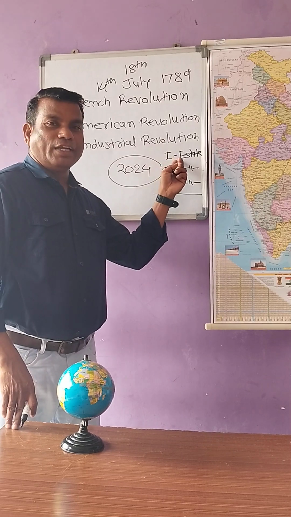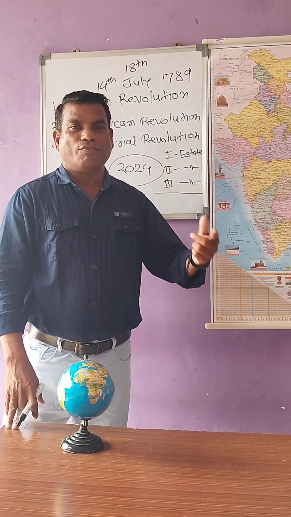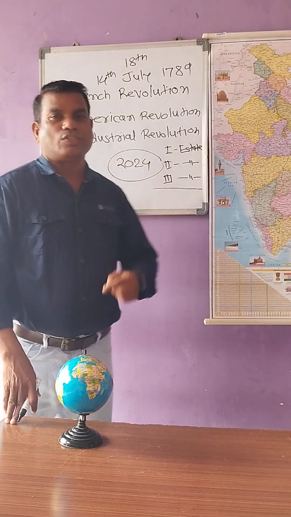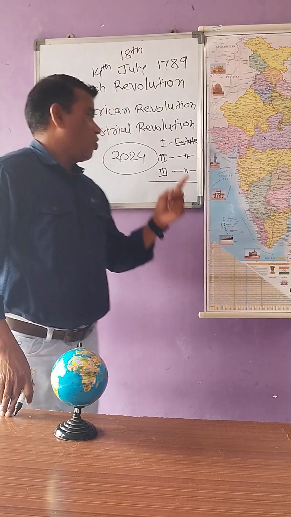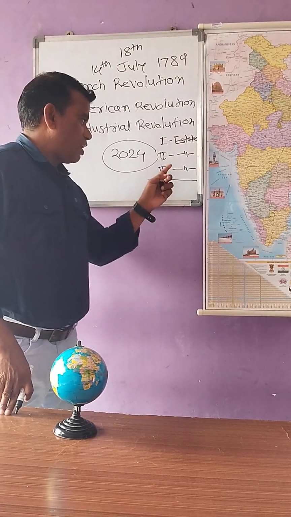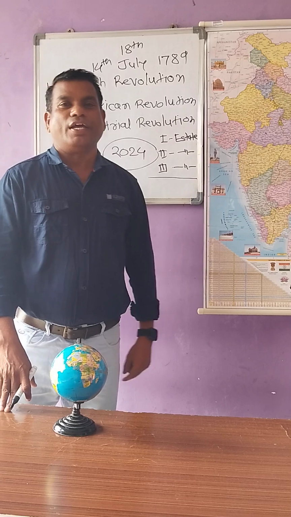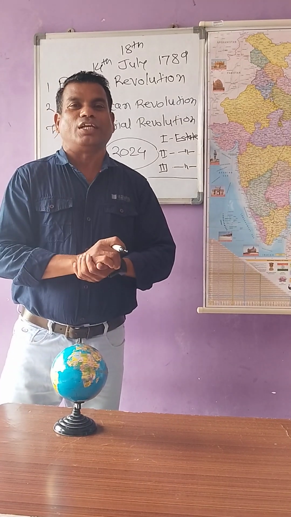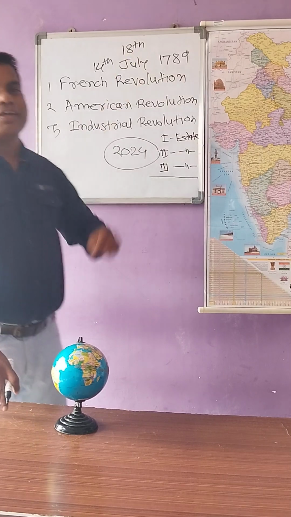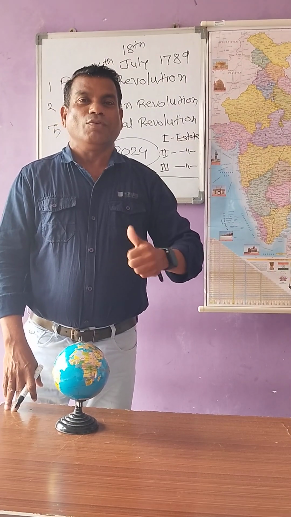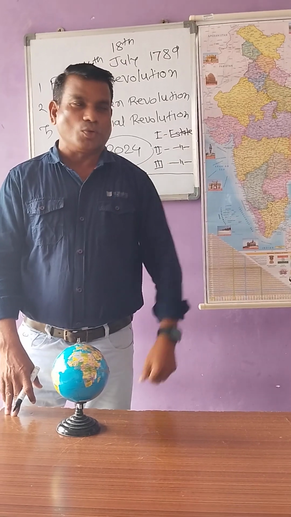Despite their poverty, the third state was forced to pay various taxes. The nobility or the princes levied different taxes on the farmers. The second state, the priests, also levied various religious taxes on the third state. Such social conditions prevailed in France. That's why the French people revolted against their emperors, kings or rulers.